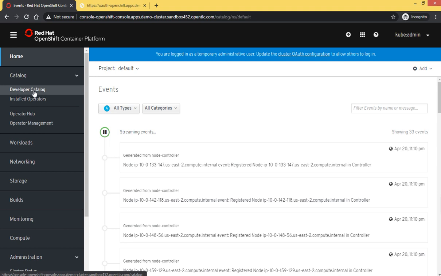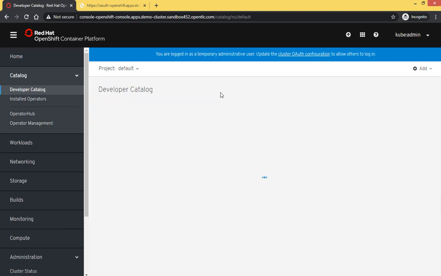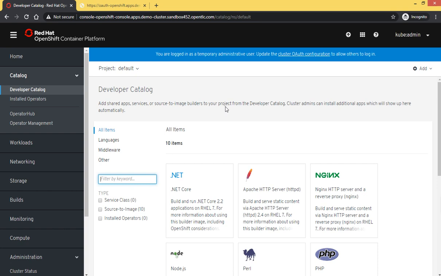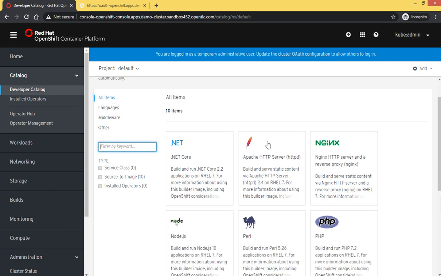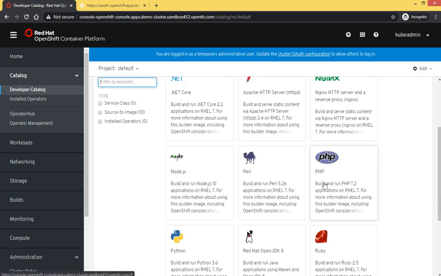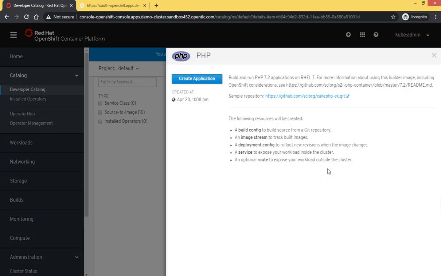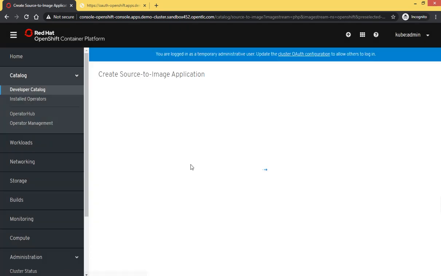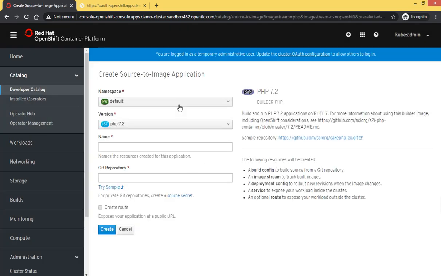So this was under the home tab. In the catalog, we have the developer catalog, where we have pre-built images from which we can create our deployments. Okay, Nginx, Node.js, PHP, right? So let me do one thing. Let's just create the PHP one, right? Click on PHP, create application.